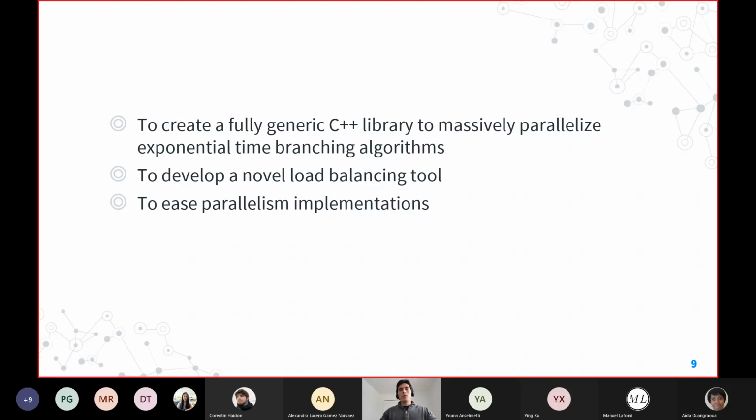And of course, one of the main objectives as well is that any user without even a knowledge of parallelism is capable of applying parallelism using this library with just some little modification to the code. That is pretty simple, even simpler than OpenMP.